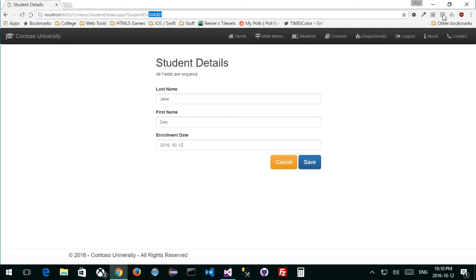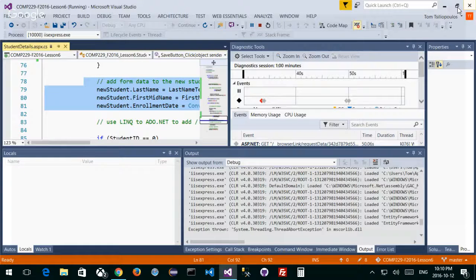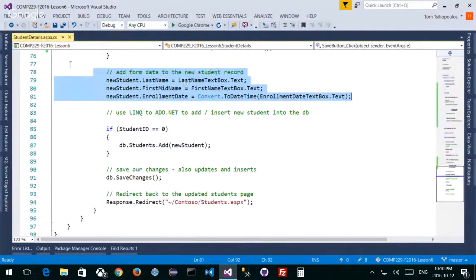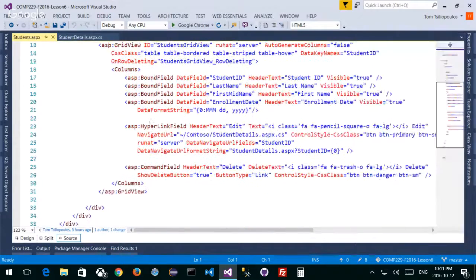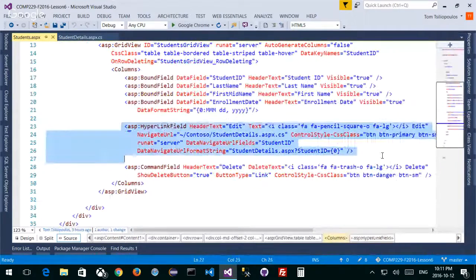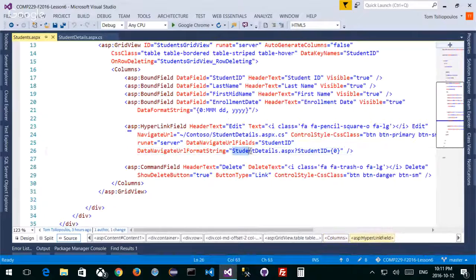And I do that because, like I said before, inside my student, in my Solution Explorer, in my students.aspx, I added this additional hyperlink field, right? Which takes the student details ASPX. This is the pattern that it sends across, and it sends in an interpolated value that goes right here inside the URL field. This is the DataNavigateUrl, right? And the format string that I'm sending across. That's the first. Second,